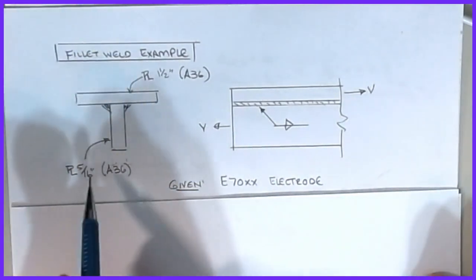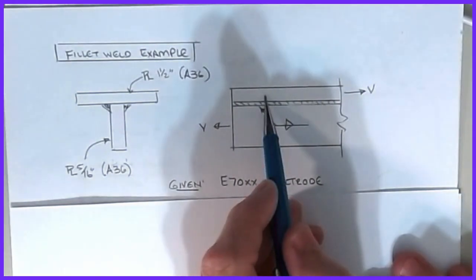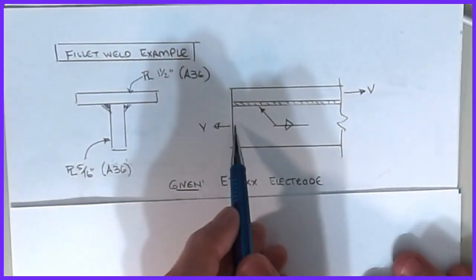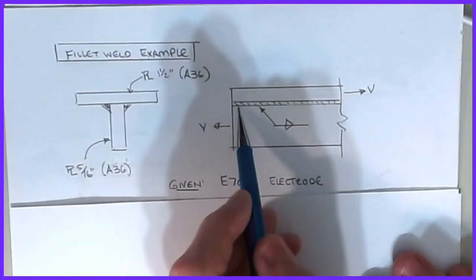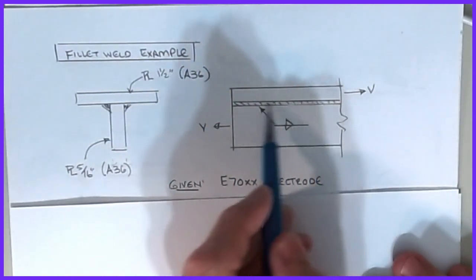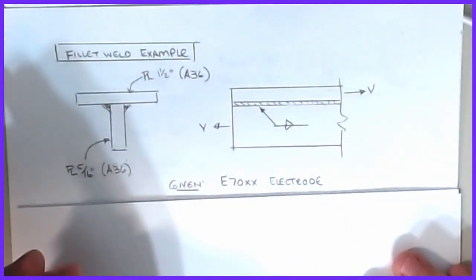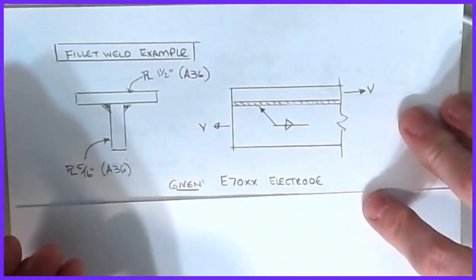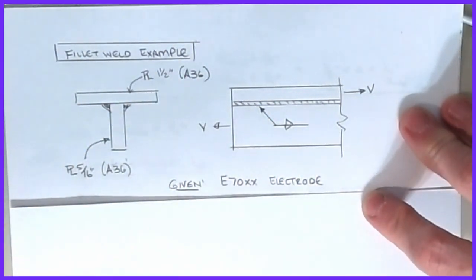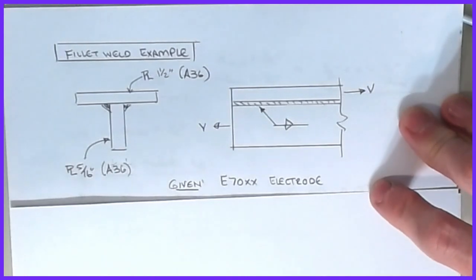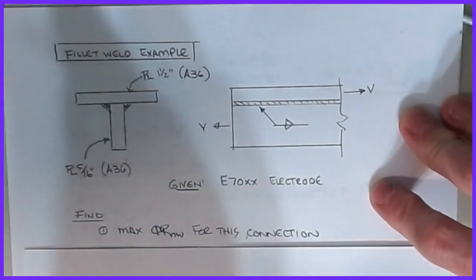So the basic loading is that the top plate is being pulled with some force V, and the bottom plate is being pulled with some force V also. So the whole thing is in equilibrium, but we're transmitting this shear across that weld line, and there are two welds happening here. Okay, we're given that the electrode is an E70XX electrode, so that tells us that we have a 70 ksi electrode on our fillet weld. What we want to do is find the maximum